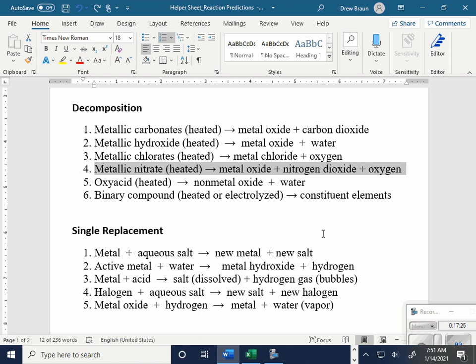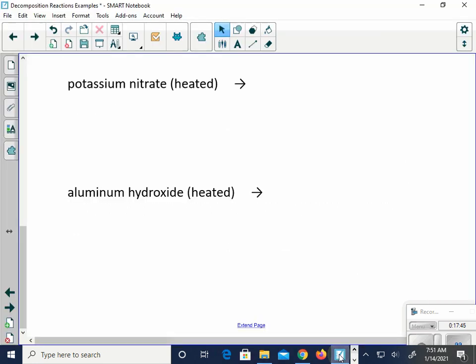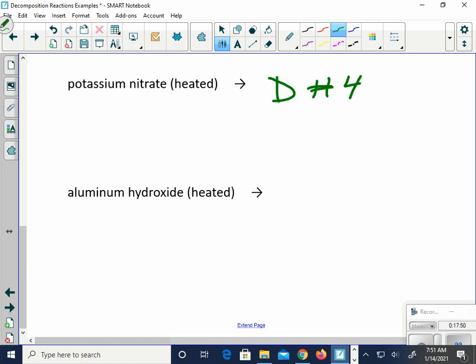Except for group 1 below lithium. These convert to nitrites and oxygen. So there is an exception here. So I know that this is a decomp number 4, like Will said. So I'm going to put a D number 4 up here. I need to look. Am I dealing with a group 1 element that is below lithium? Am I? I am, right? So this is